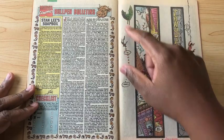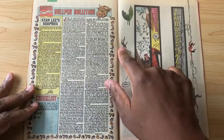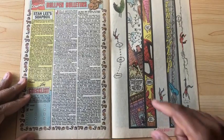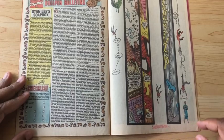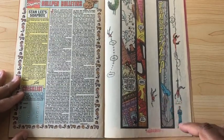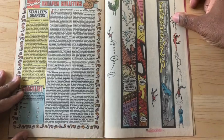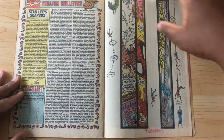And we can see how the Vulture's going high into the air and Nathan is falling out of the sky. And he's clutching his chest, so that means he's actually having a heart attack from falling from this height. Now, Spider-Man sees this and goes to save him, and he shoots his web and grabs him by the foot. Now, you would think at this point Peter Parker will realize this is probably not the best way to save somebody from falling, especially after what happened to Gwen Stacy, but he does it anyway,